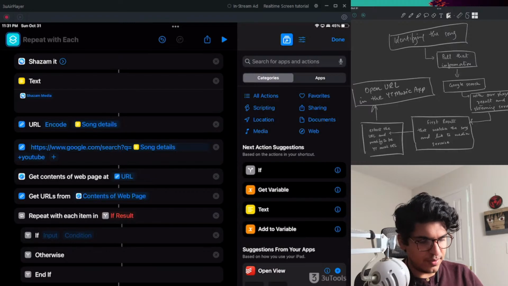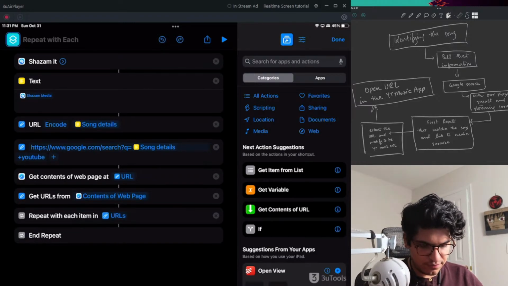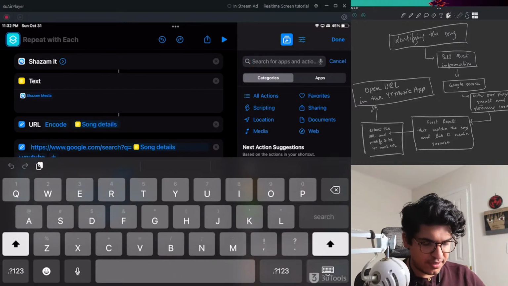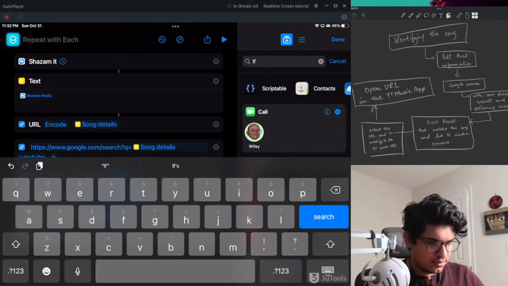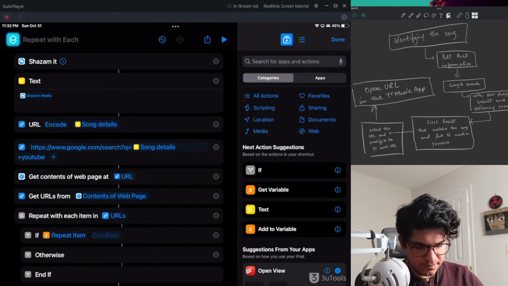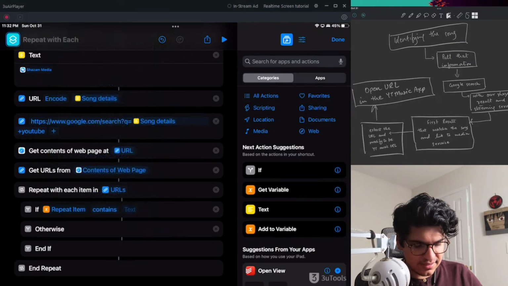Actually, let me just go back a little bit. So we're gonna use the undo action, which is here. So that's super helpful with this buggy shortcuts mess that is happening with iOS 15. So repeat with each item in URL, and now we're gonna put an if condition here. So we'll take the if and put it under repeat. It's going to take the repeat item and check if it contains